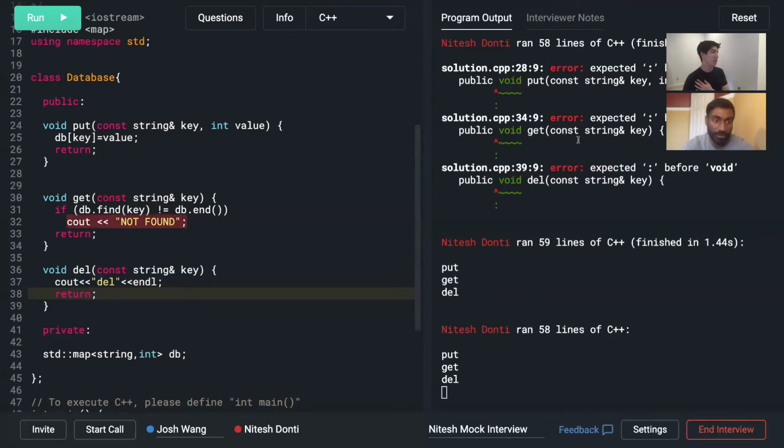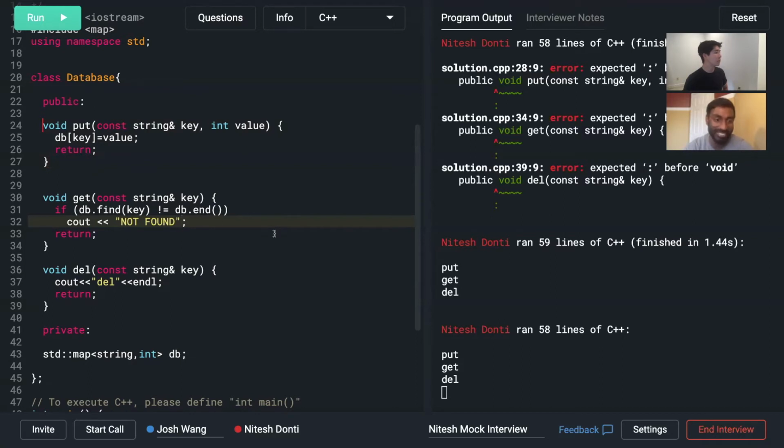So right now for the put, it's really simple. We're just inserting the key and the value. Typically in hash maps, it knows that if the key is not there, then it'll put it in, and if the key is already there, then it'll simply replace the associated value. So the put should be really simple. Of course, this is assuming the key and the value